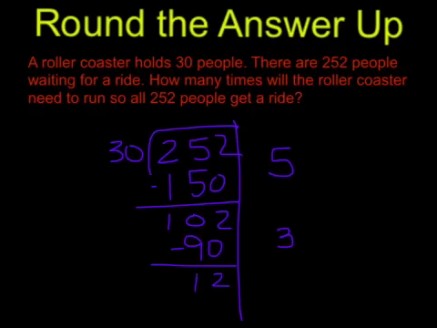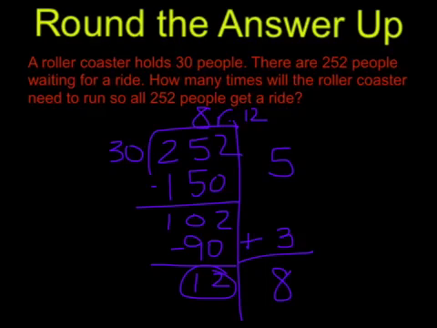12 is a smaller number than 30, so I know I'm done dividing, but I'm going to circle my remainder so that I remember that I have to use it in some way. And I'm going to come over to the right side and add up my two numbers, so 5 plus 3 is equal to 8, so my answer for right now is 8 remainder 12. But I can't have a roller coaster run 8 remainder 12 times. I have to figure out what to do with that so that everybody gets to have a ride on this